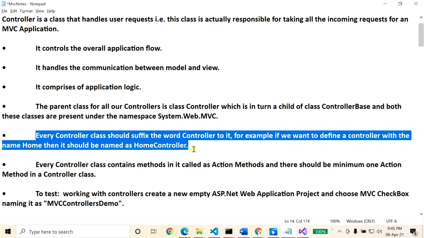Every controller class should have the word Controller as a suffix.